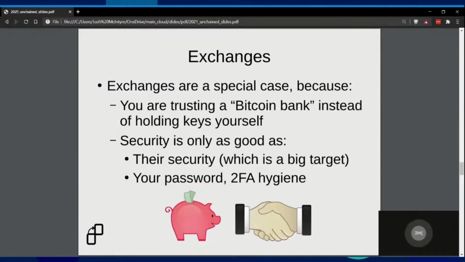Fake wallet software is a big one. So the Electrum phishing attack is a primary example of this. Electrum had a whole issue with an injection attack that tricked users via one of their update notifications into installing a fake version of the Electrum software. And so when that fake software got installed, then when users would log into their wallet, it would steal their keys and send the money off to attackers. I'm not super well versed in that particular attack, but I know it caused kind of a big issue for